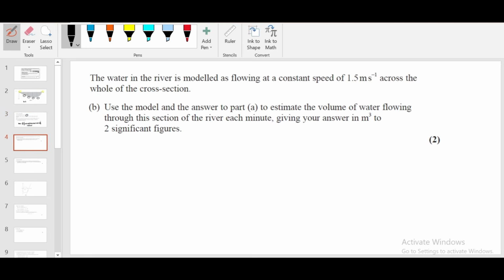The water in the riverbed is modeled as flowing at a constant speed of 1.5 meter per second across the whole cross section. Use the model and the answer to part A to estimate the volume of the water flowing through this section of the river each minute. Okay, the area is, this is a simple question actually. The area is